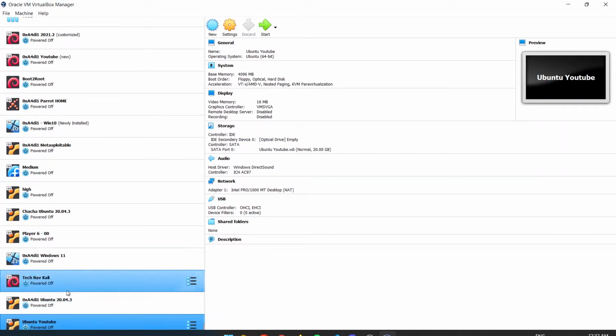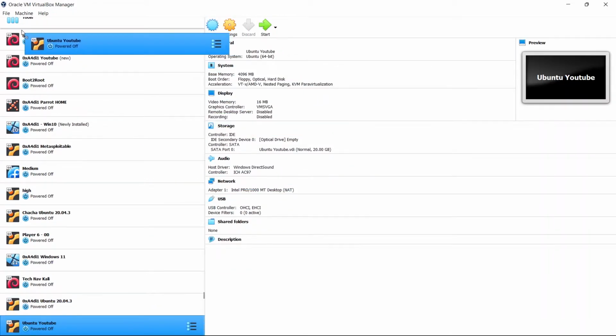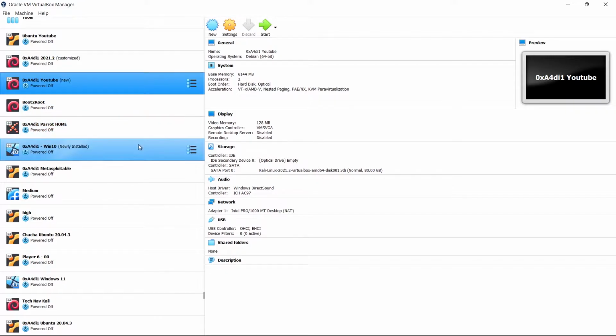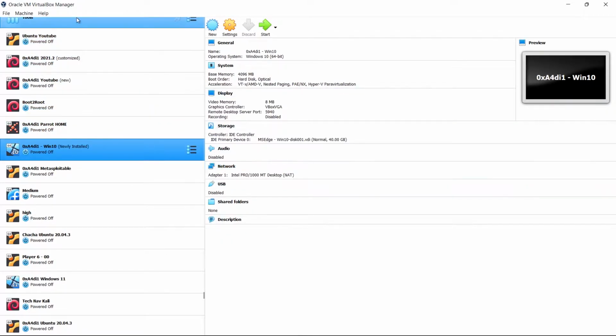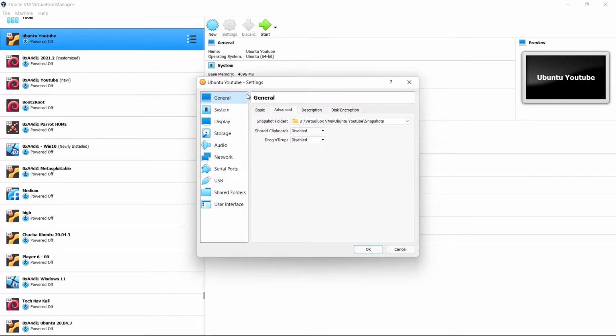So as you can see here, Ubuntu YouTube is shown below. I will just move it so that you can see. So as you can see, Ubuntu YouTube is made here. Now if we just select any other machine, the description will be changed, so make sure that you have selected this one. Now click on settings here, go to general and advanced here, make it bidirectional so that you can drag and drop files from the virtual machine to the host machine, and from host machine to the virtual machine,